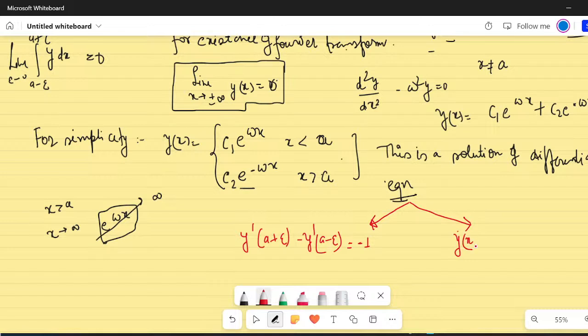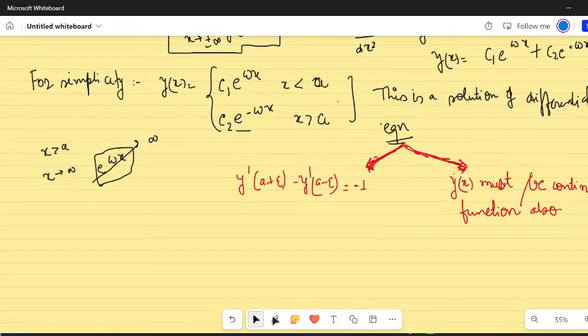Another hint is that y(x) must be a continuous function, because after all this satisfies a differential equation, so y(x) must be a continuous function as well. So two things are implicitly given to us in the question itself. Now you see, if I use both of these conditions, so for example, if I use the first condition,